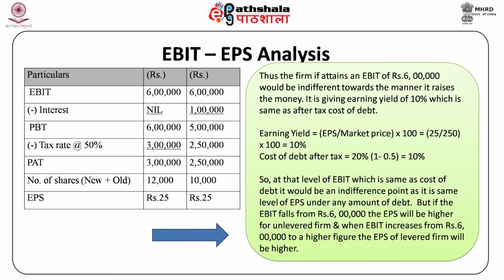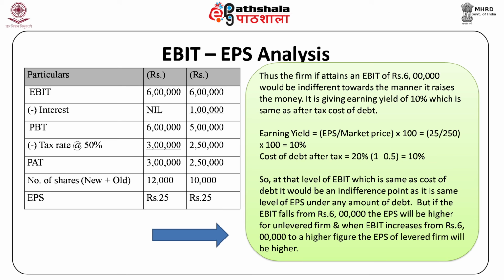It is giving an earning yield of 10%, which is the same as the after-tax cost of debt. Earning yield is defined as EPS upon market price into 100, which is 25 divided by 250 into 100, equal to 10%. Cost of debt after tax is 20%,